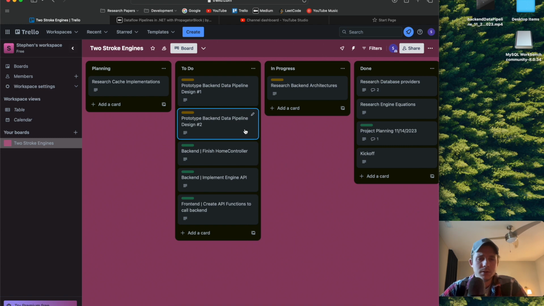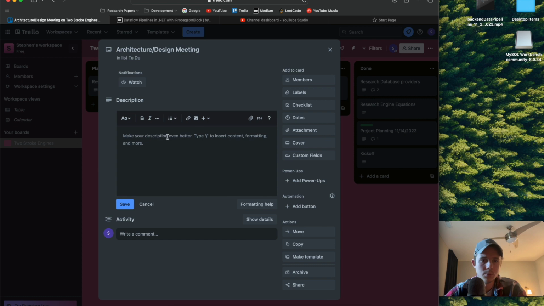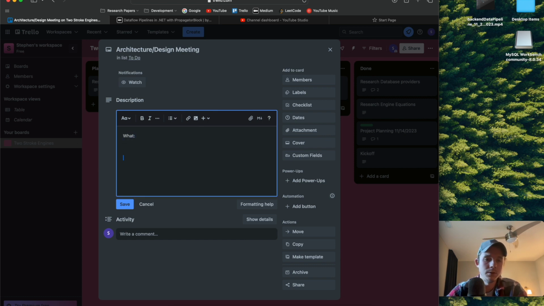The only thing that could come in between these is maybe some kind of architecture or design meeting, but I think that might come after. So I'm going to create another ticket: we need to have an architecture or design meeting. What's going to come out of that is we need to review the prototype 1 and 2 notes and code that I implemented, and make a decision off that.